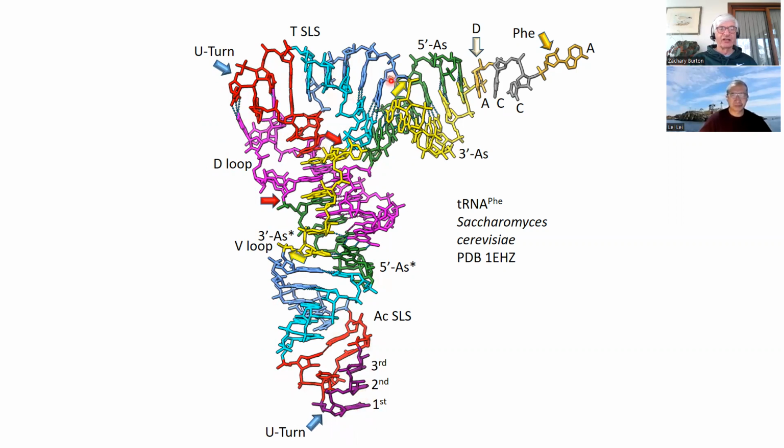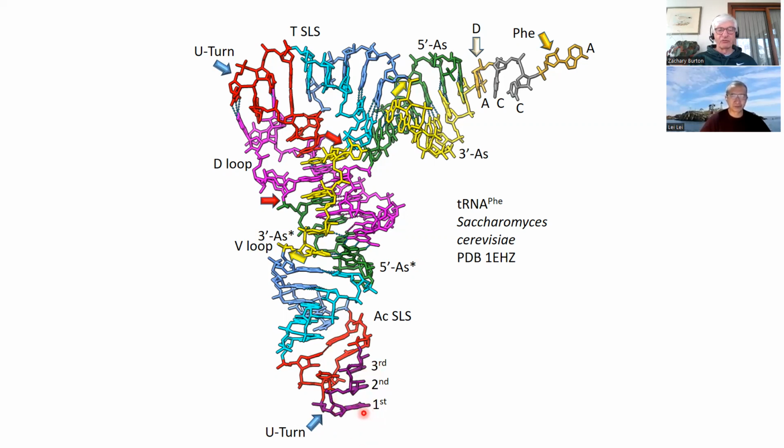Same thing here. Here's a U-turn after a U in a 7-mer loop. A U-turn is a U-shaped turn in the RNA backbone, as you can see there. A little bit less good view here, but this is a nice tight loop, and this is a tight loop to present a 3-nucleotide anticodon in purple.